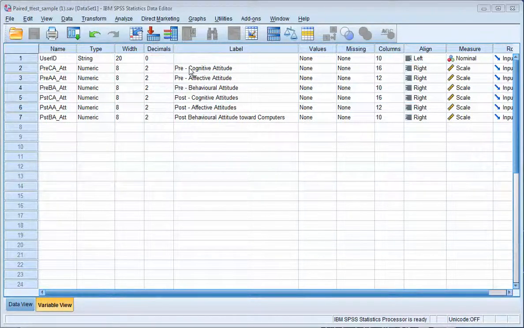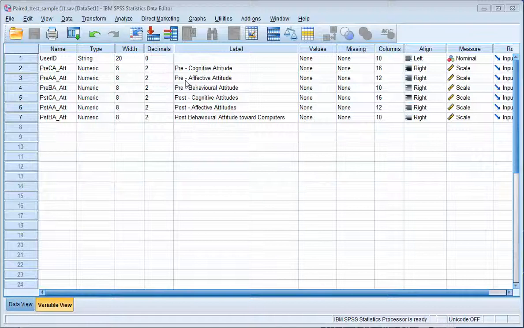So cognitive attitudes, and this is about computers, are people's thoughts about computers. So computers are useful. Computers help me learn. Computers are good for students in learning. Those are statements that were made on this scale, and they were assessed using a Likert scale from 0, which is strongly disagree, to 6, which is strongly agree. All right. And there were, I believe, 4 items, 4 Likert items for the cognitive attitudes, and there were 4